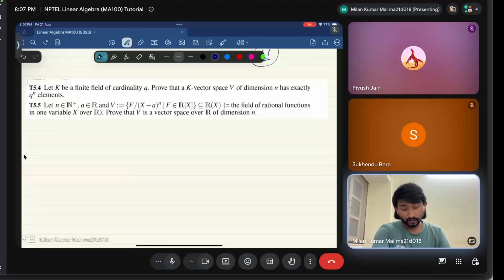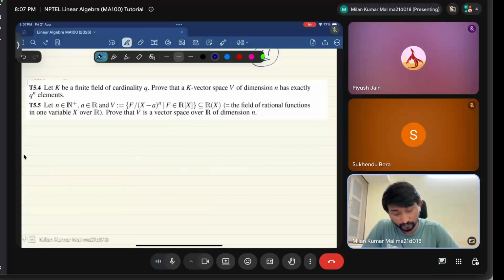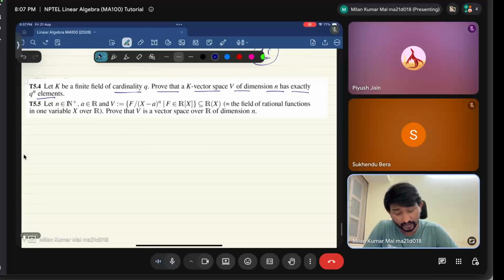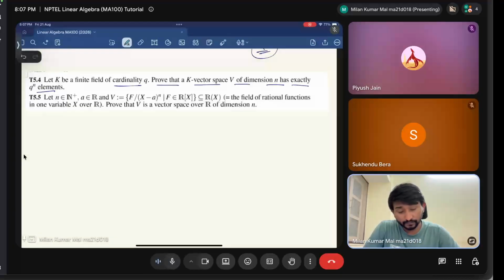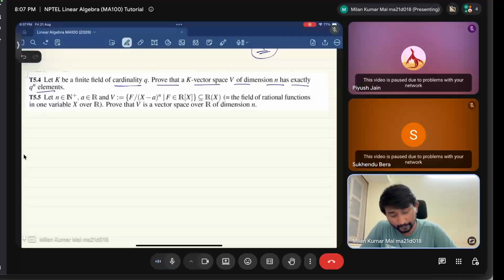Okay, so what does this question say? Let K be a finite field of cardinality q. Prove that a K vector space V of dimension n has exactly q to the power n elements. This is sometimes interesting because this type of question sometimes appears in the CSIR NET exam and sometimes in JAM as well. So what this question says, let K be a finite field